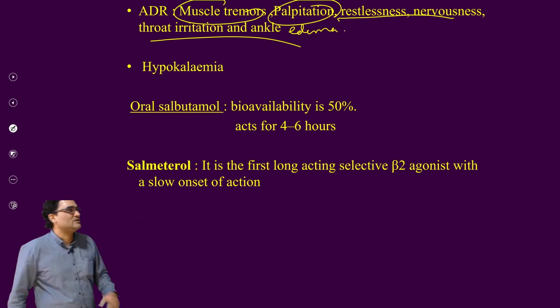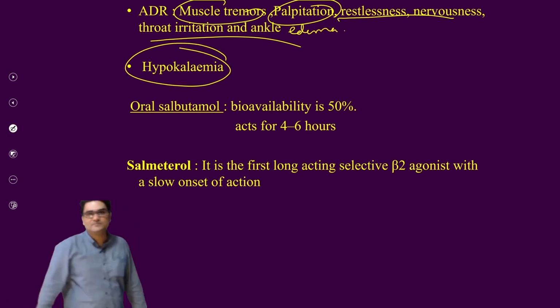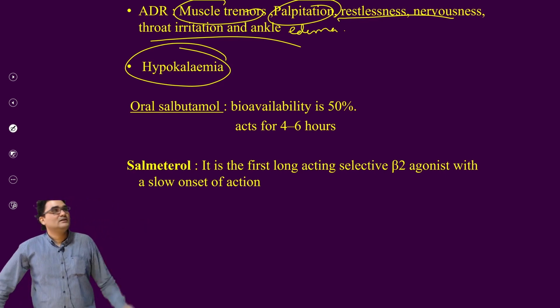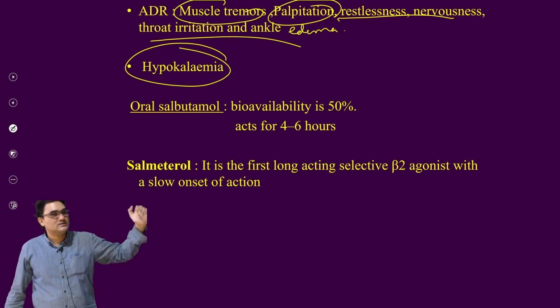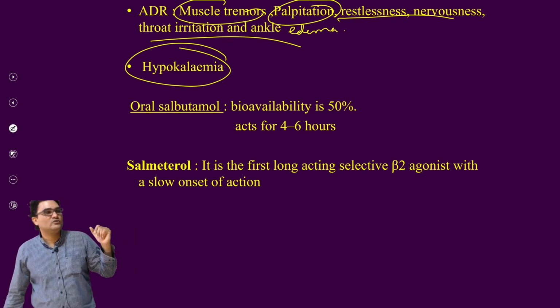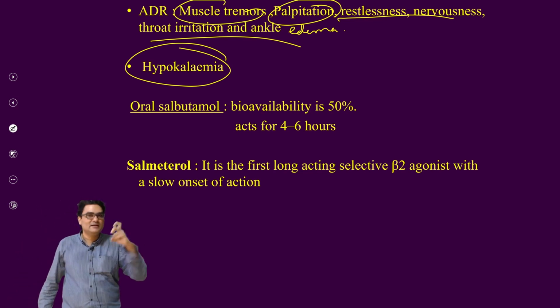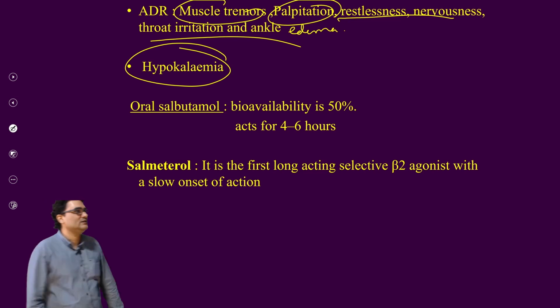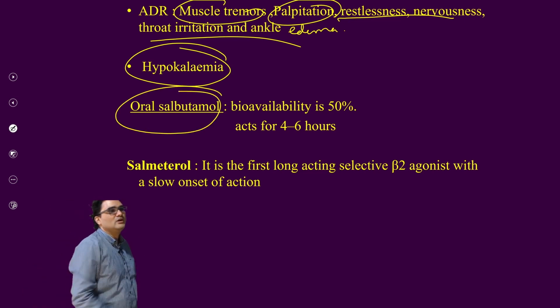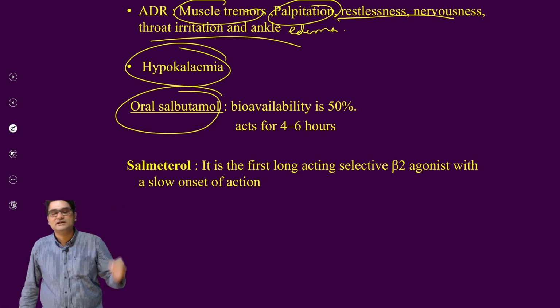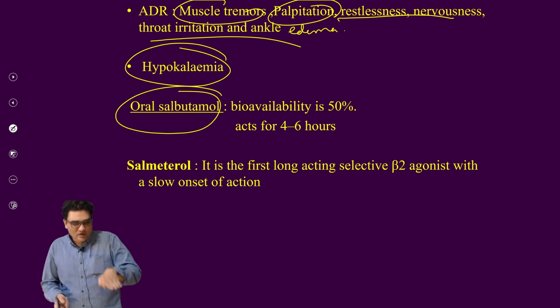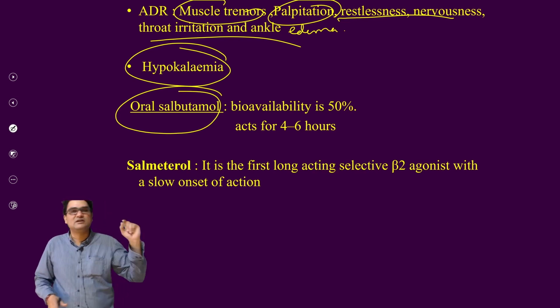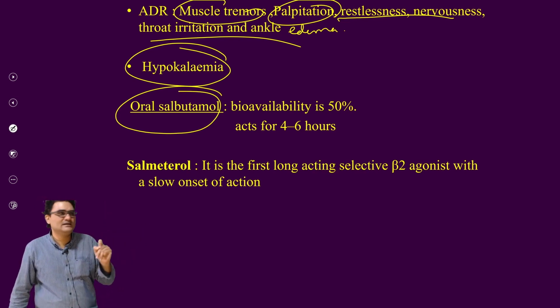Very specific adverse effect, along with hypokalemia. Okay, so this you have to remember. These are about beta agonists. Now the systemic route: what I told was you are going to use inhalational drugs, but where you want to use systemic drugs, there is the indication where you are going to use oral salbutamol, in very severe conditions. If it is not controlled by this, along with inhalation you are going to supplement, but now it is rarely used.